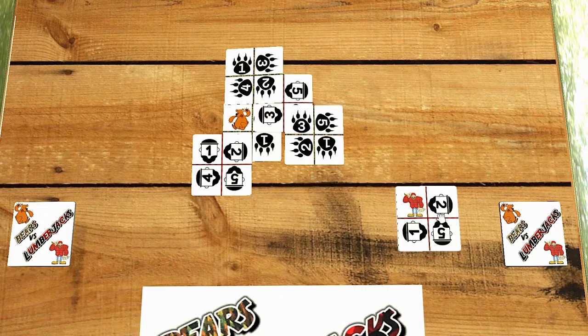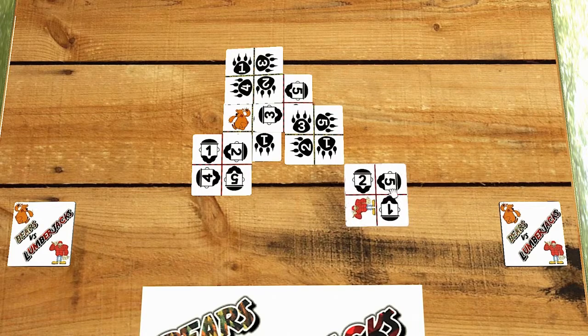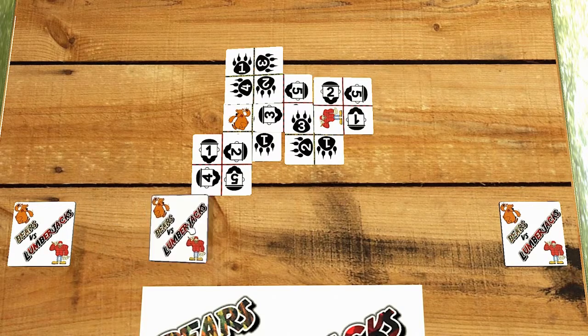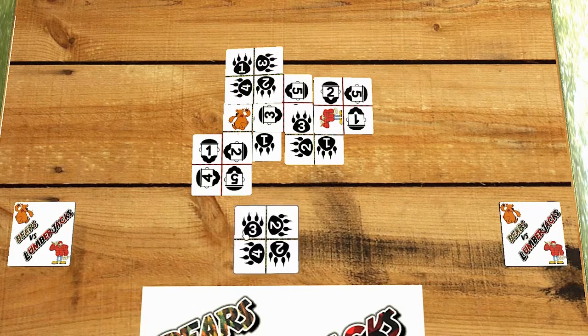The scoring icons have no point value but can cover any number. So there you go. The lumberjack can actually cover up any number. So they may want to strategically cover up this 5 because that's worth a lot of points there. So there we go. Then it's the bear's turn again. We've got a 2, 3, or 2, 2, 3, 4. So they can play